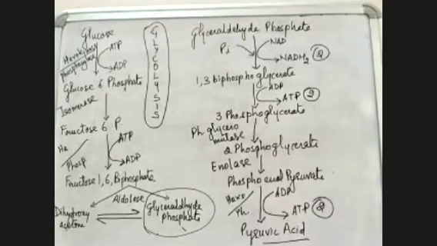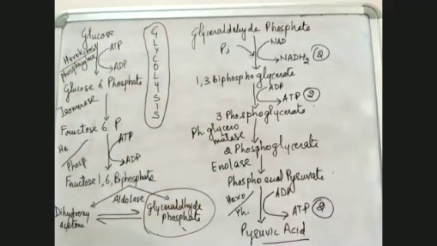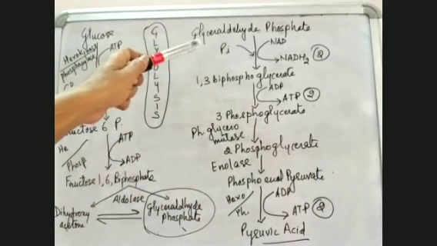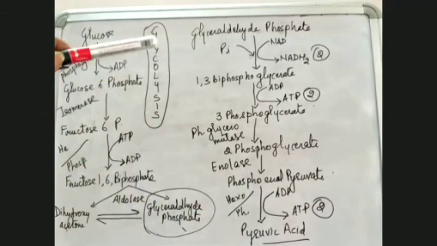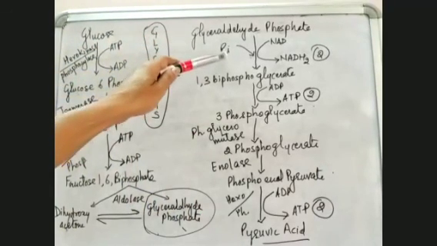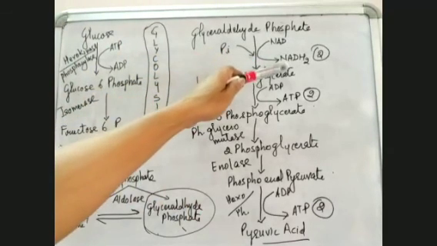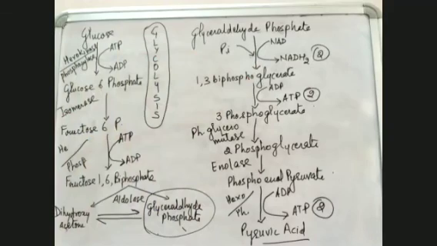Either dihydroxyacetone gets converted into glyceraldehyde phosphate, or glyceraldehyde phosphate itself carries out the remaining steps of glycolysis, in which it takes up one inorganic phosphate and makes NADH2. This is a high energy compound. Another high energy